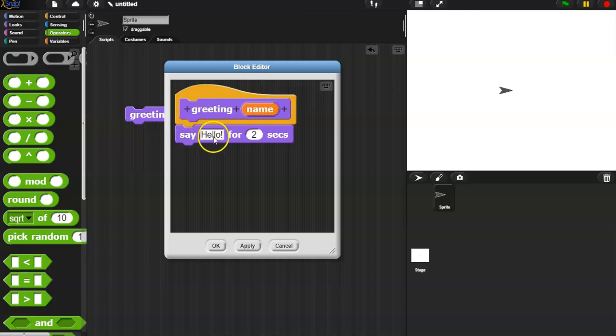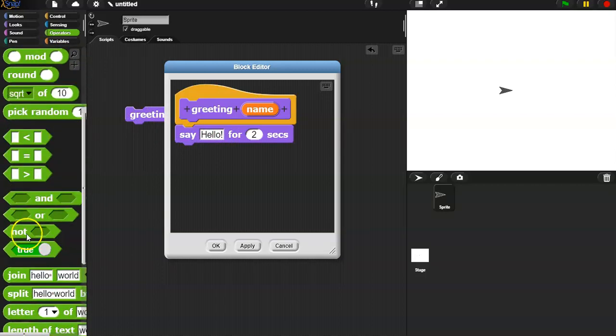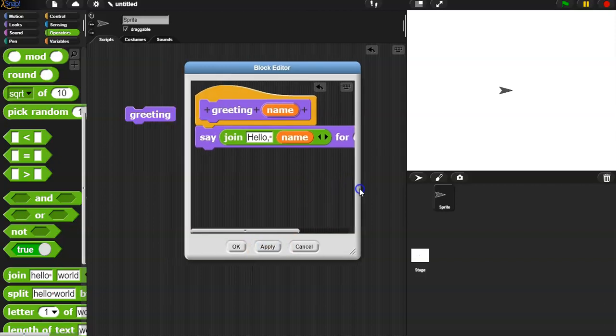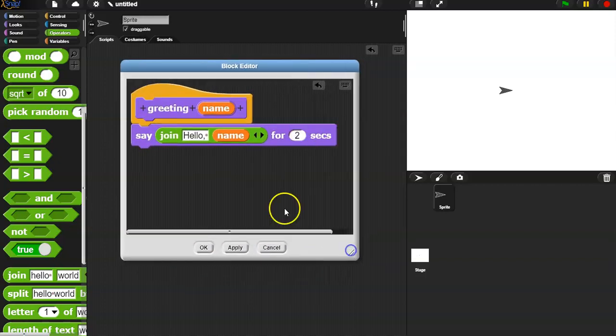And so now instead of just saying hello, I can say hello to a specific person. I'm going to go down here and grab the join command, and I'm going to join hello with name. In fact, let's do capital Hello, and let's put a comma after it and then a space. So it's going to join the string "Hello, " with whatever name I put in there. Let's make this big enough so that we can see it here. Let me resize this. So it's going to say hello, comma, whatever the argument was that's sent into this function